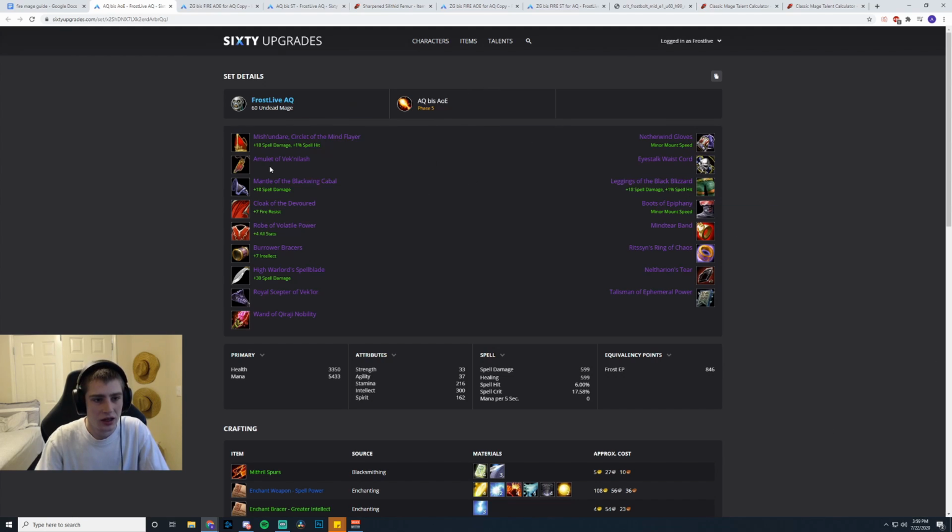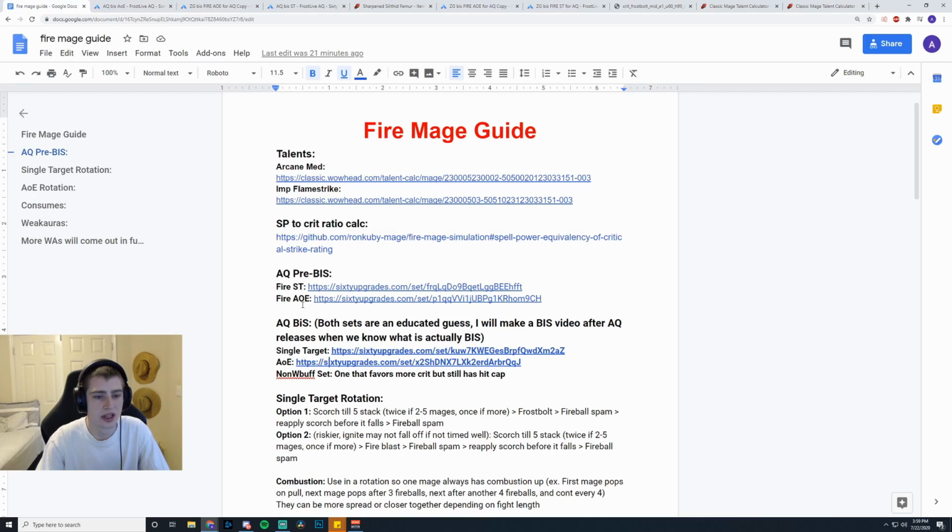So yeah, this is still the most spell power from a cloak. Your boots, slightly different, 34 spell damage. Mantle of the Blackwing Cabal, so hold on to this too for AoE. But yeah, remember,